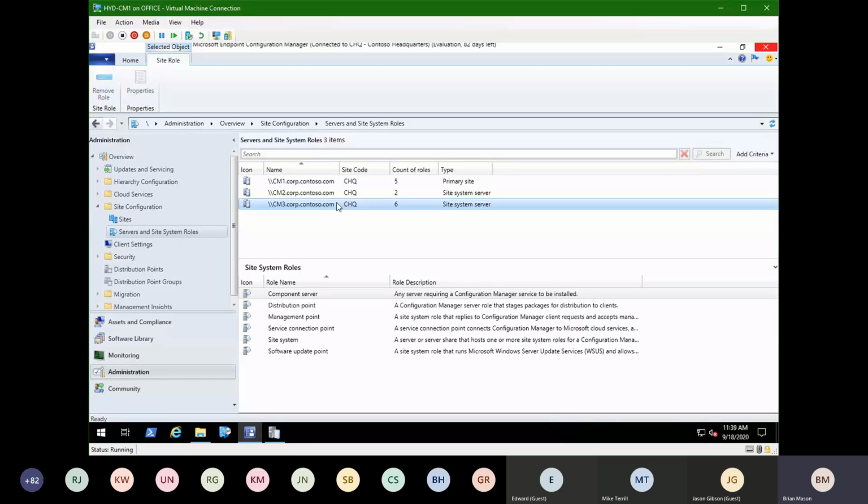A passive server keeps talking to the active, and if it doesn't hear from it for up to a half hour, it's like, okay, I guess I'm going to promote myself, and it will do that. It'll promote itself, but it's still going to need to talk to SQL somewhere. So even for us at Big Bank, while we have this, we could have up to a half hour failover when the passive updates itself. It has to go and reinstall the MP, DP, and sub roles. Those aren't full installs. All the client bits are already kind of there. It's just kind of a new